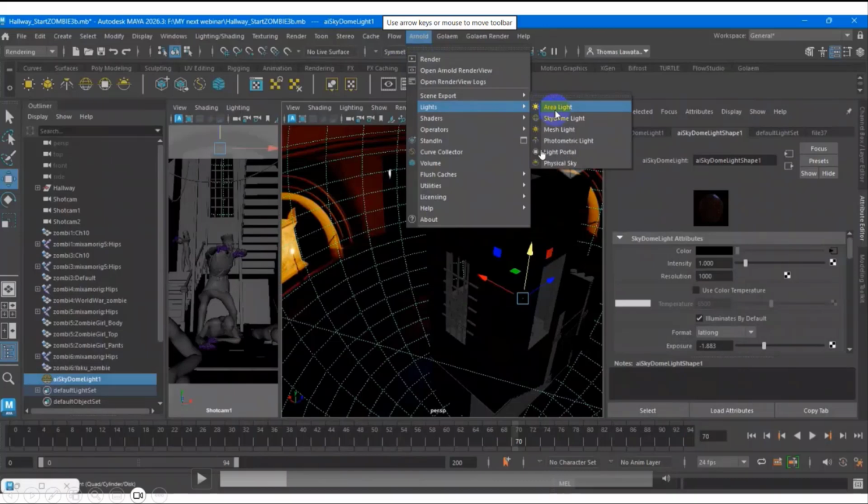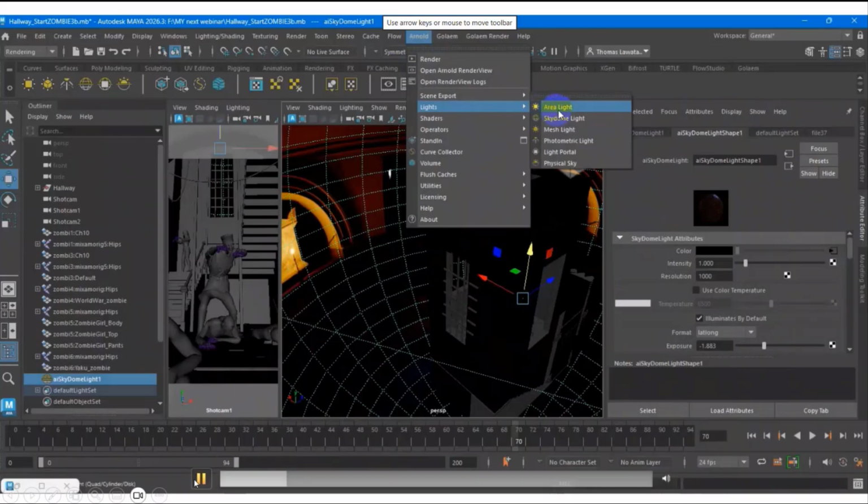Because they want to reduce the noise on the render. Once you render and have noise, you put some light portal. And number two, the file is not too heavy. The heaviness of the file depends on the poly count inside your scenes. It depends, but that's the reason sometimes.